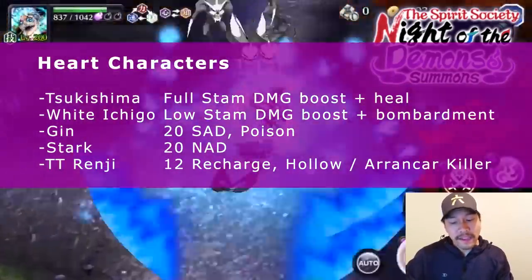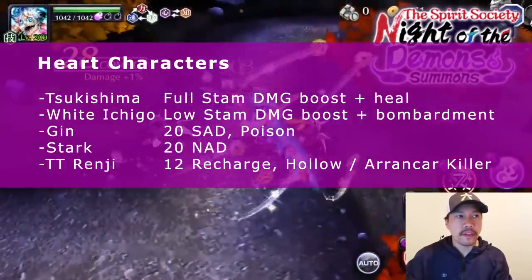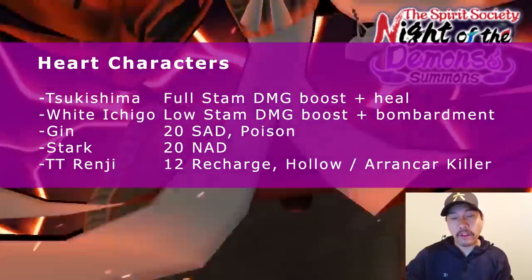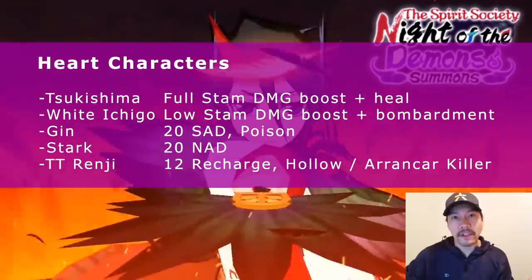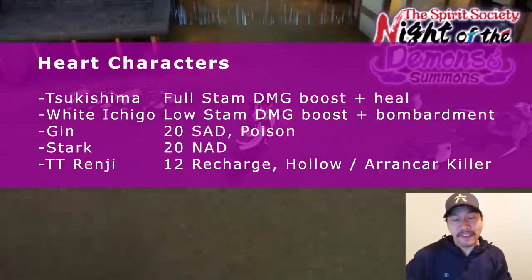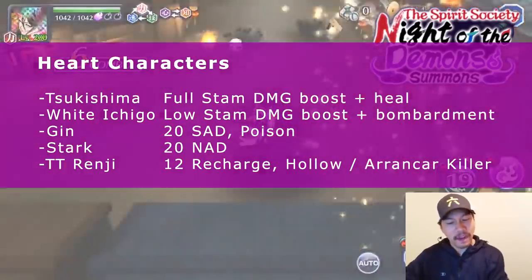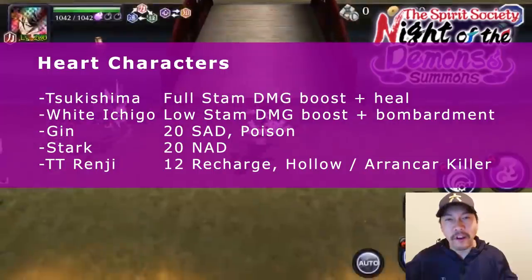White Ichigo, he's also alright. He's got the opposite soul trait. His soul trait is low stamina damage boost. He has a very good special. He's a great nuker because he has bombardment. He has great normal attack range. A very good hybrid character, if you want one of those. I don't have that character, and I just think he's pretty cool. You know, it's white hollow Ichigo. So he might be a choice if you get nothing else in your pool of 5 characters